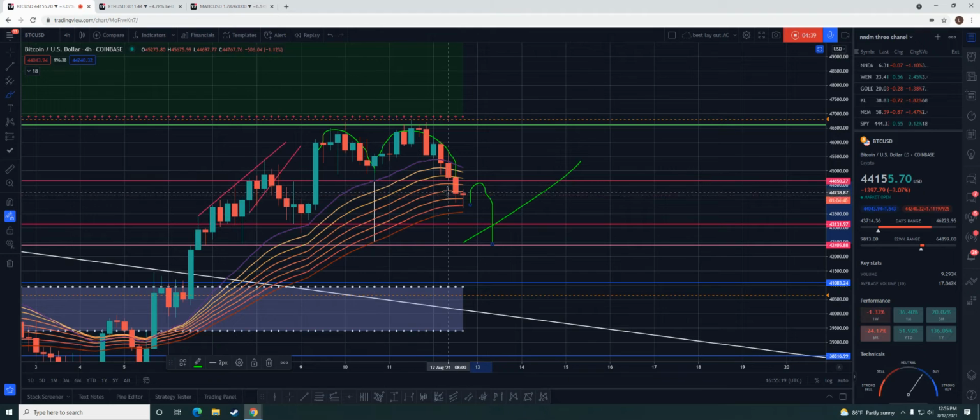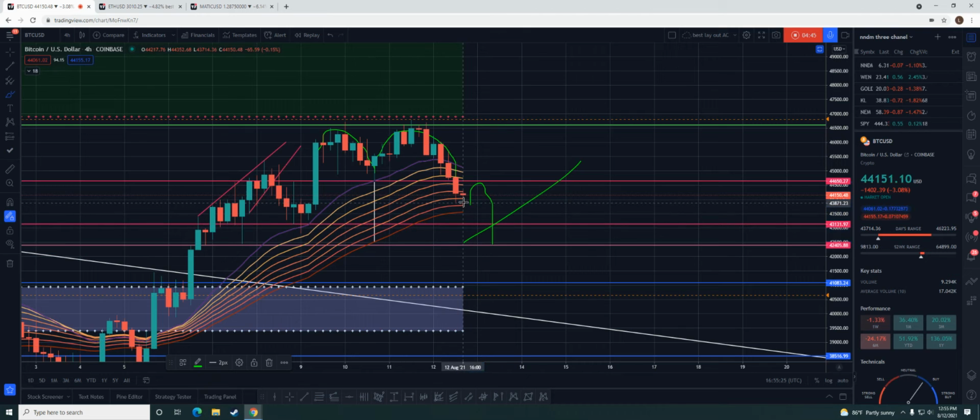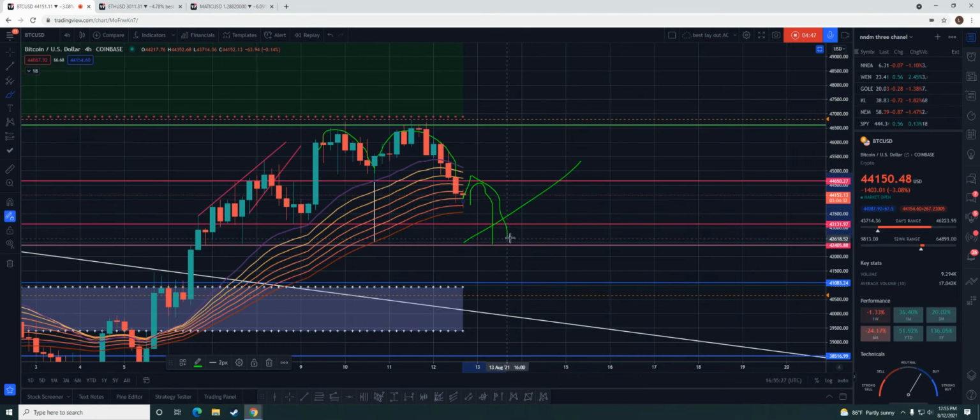That also could be a possibility. Okay, just to let you guys know, because sometimes it likes to retest the M pattern and then come back down. So that could be a possibility too. Now, if we break back up here and we close a daily candle